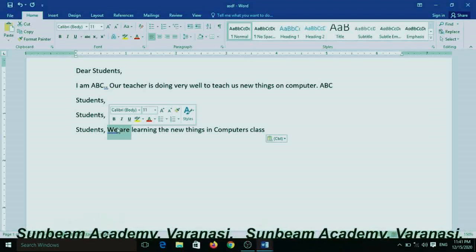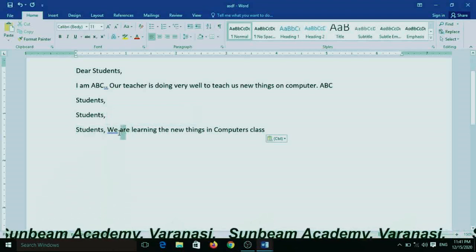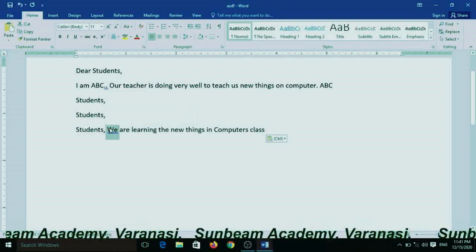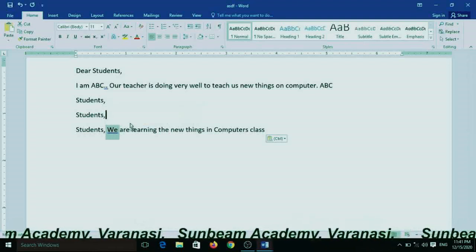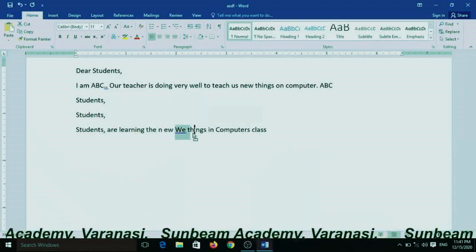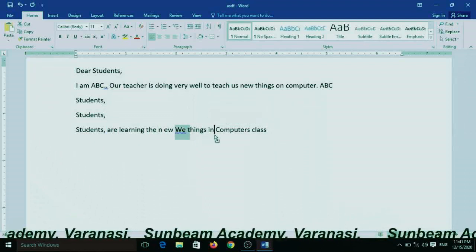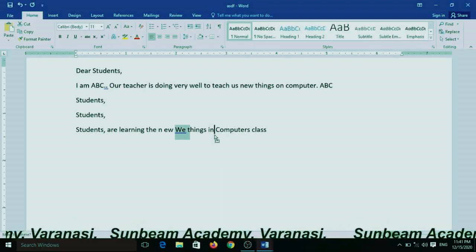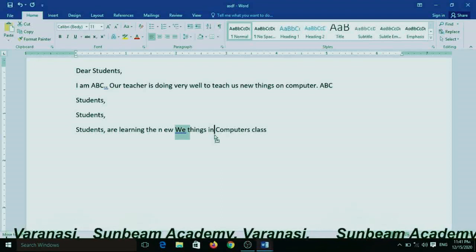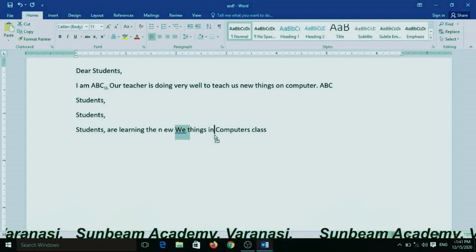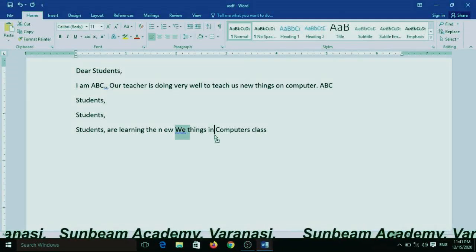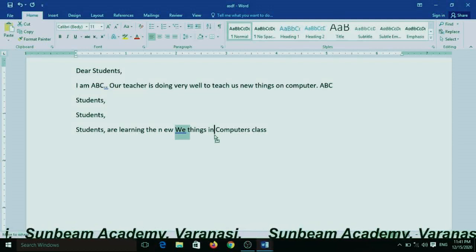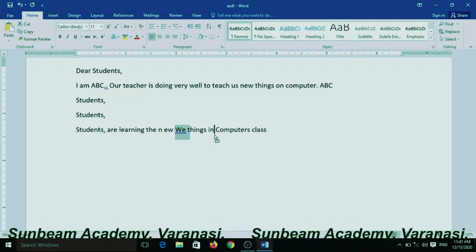Yes, I want to drag this text from here. Suppose I select it, take it and move it to where I want to drop it. I want to keep it here. Just below the mouse pointer, you can see that there is a drag option. I want to drag this text here.